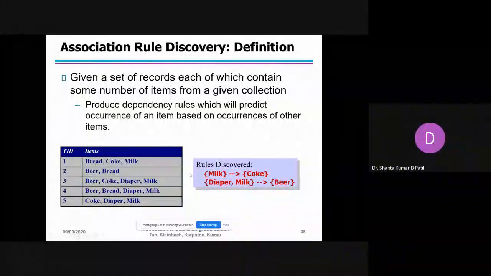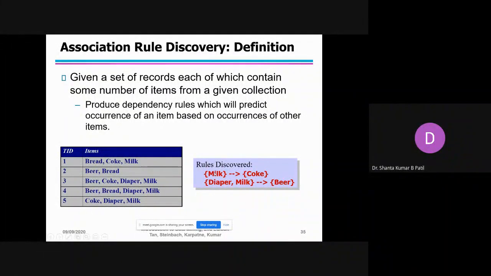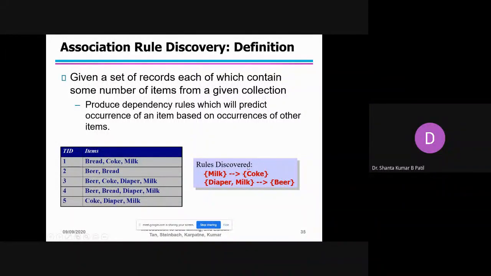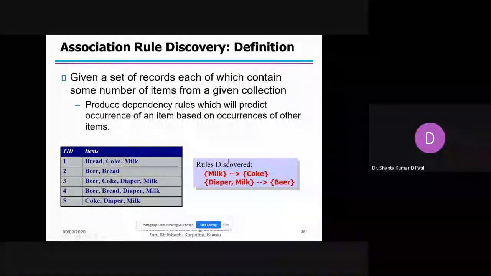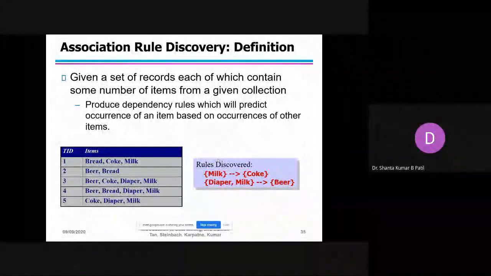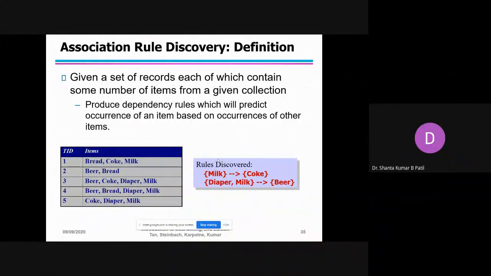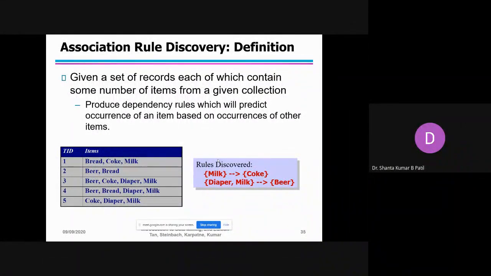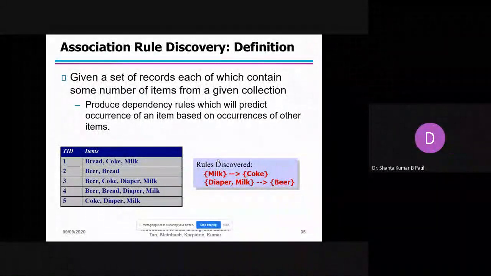See, a person purchasing milk generally purchases sugar or coffee or tea powder. But here the person is purchasing milk as well as Coke. This is a very tedious combination. A person purchasing onion may purchase sweets also. This is a very rare combination. This rare combination can be analyzed with the help of the tool called the association rule.